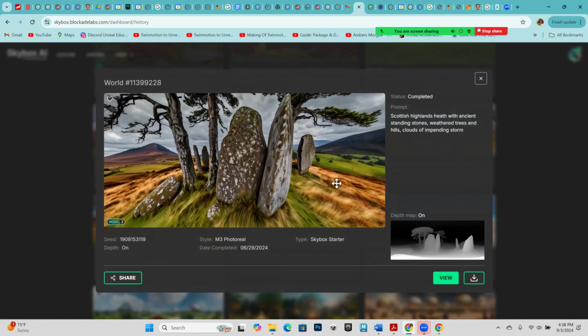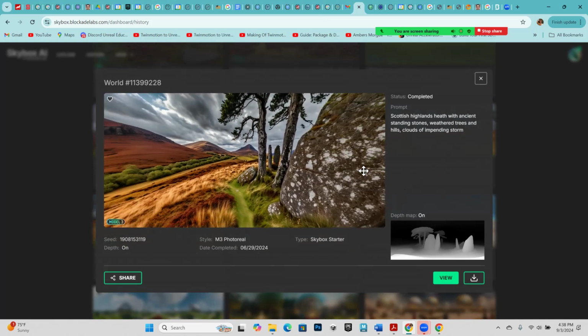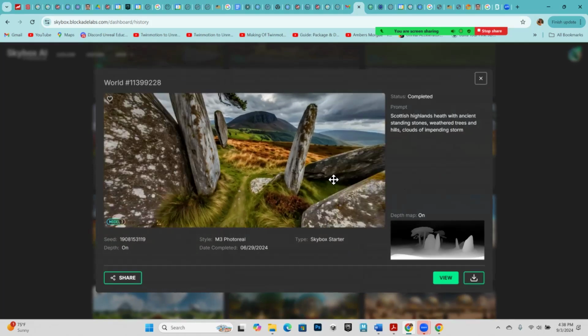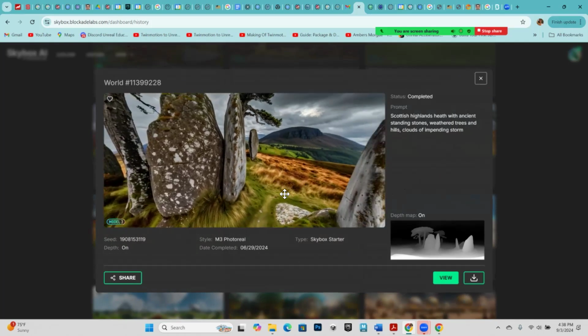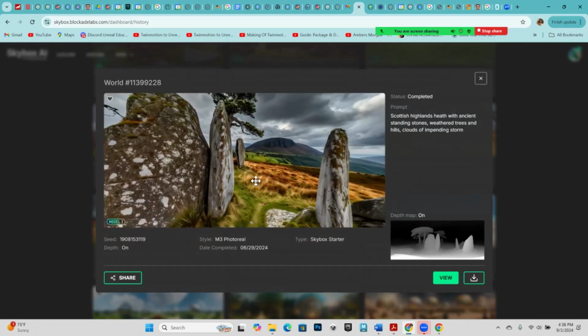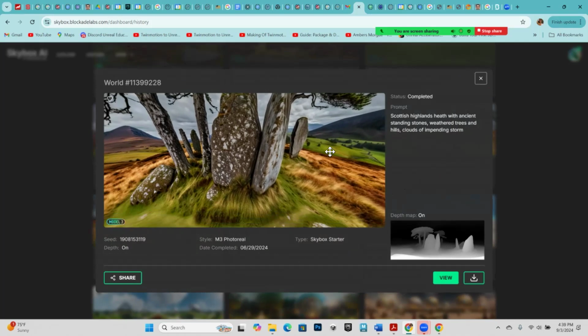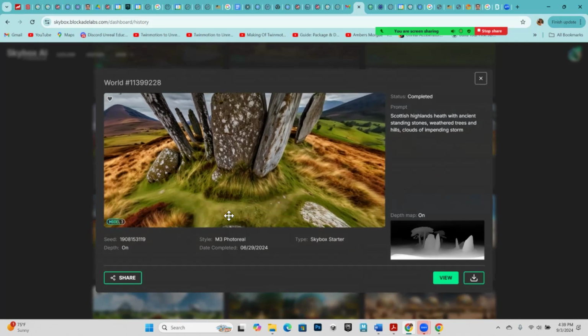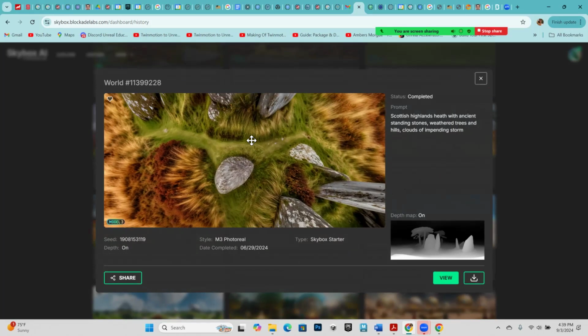Scottish Highlands heath with ancient standing stones, weathered trees. Well, it stuck me right next to these big standing stones and trees. Well, that's not going to look right, because that's the center of my world. And there needs to be a little bit of space from where I'm standing, which is like right there,